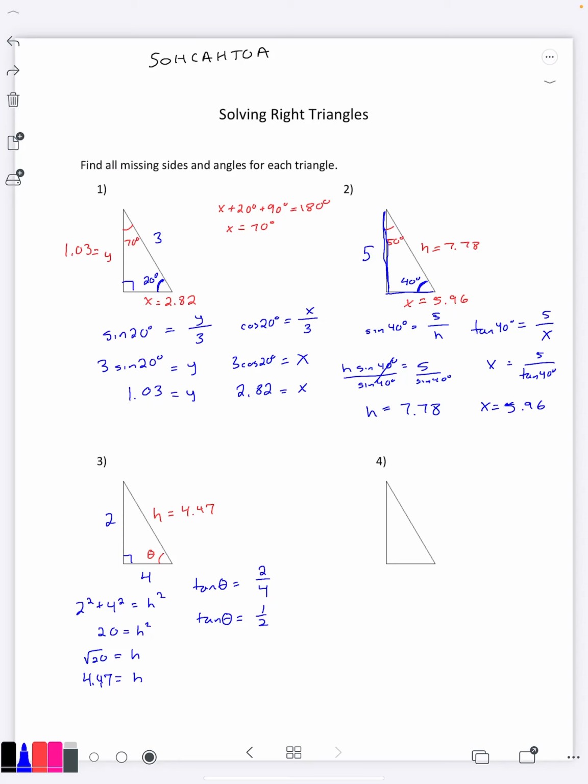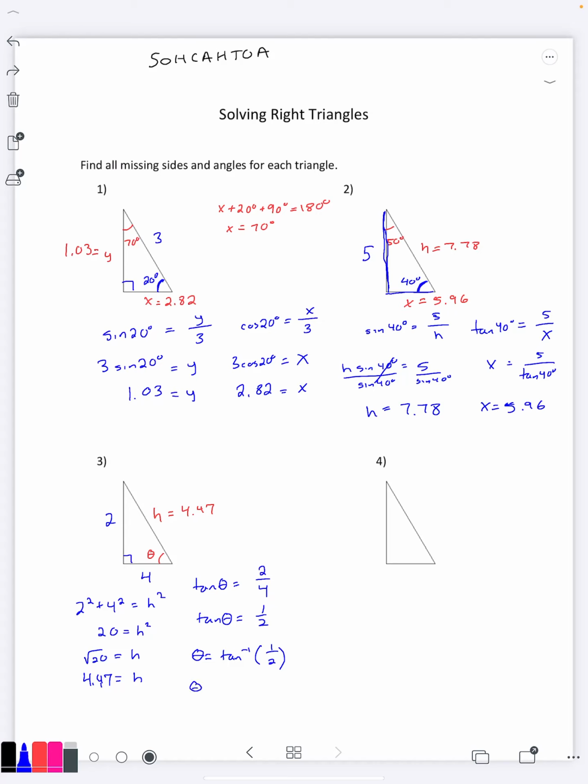And what we can do now is there's a button on your calculator that has a tangent to the -1 power. It's called inverse. We're going to have a whole section all about that, how you use it and the limitations of using it. But for right now, we can use that button on our calculator to at least get the angle. So we hit our tangent inverse button, put our fraction 1/2 inside, and when I hit enter,